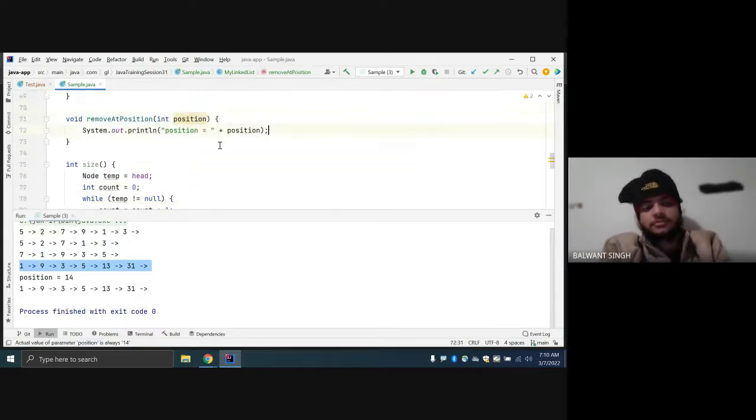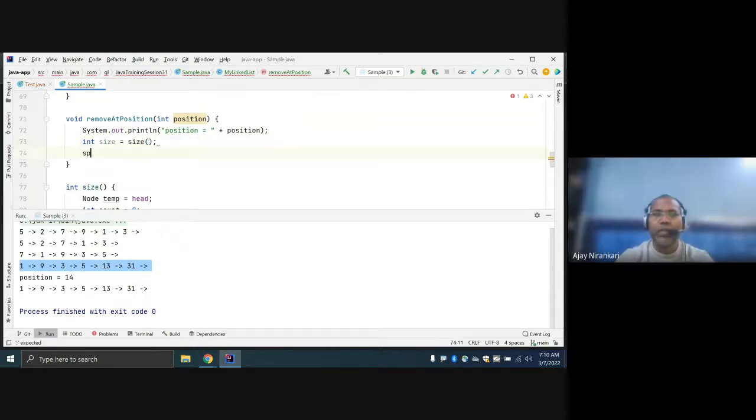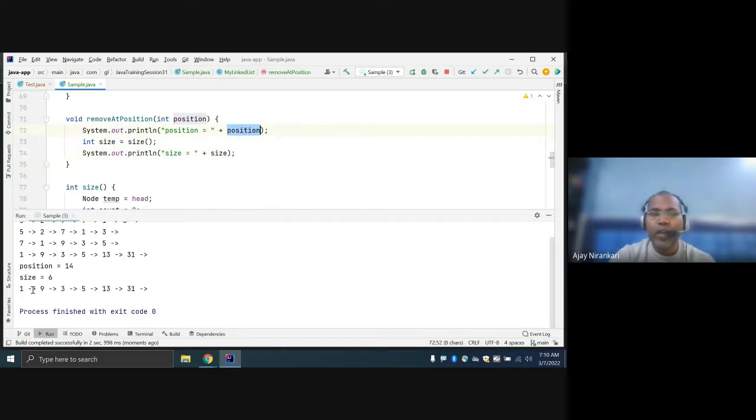Let's print it. Integer size equal to, just invoke size, and just check. So first, whatever position the user gave, you have to check the user position must be less than our size. The first condition you apply, if position should be less than your size, right?